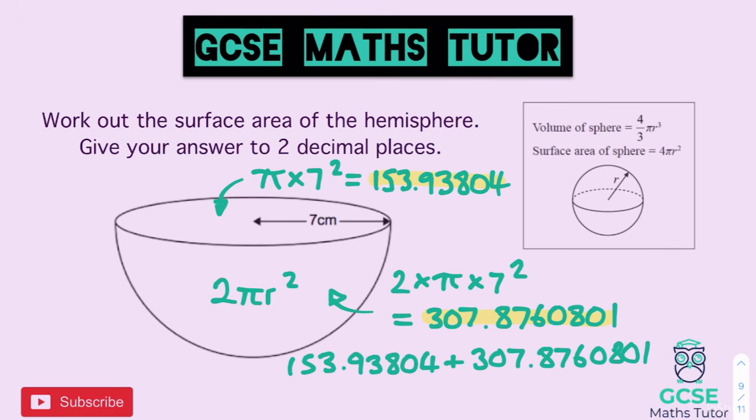And that's also very annoying when you type it in wrong, so let's type that in again, 307.8760801, add 153.93804, double check it to make sure you've typed it in correctly, and there we go, we've got a final answer of